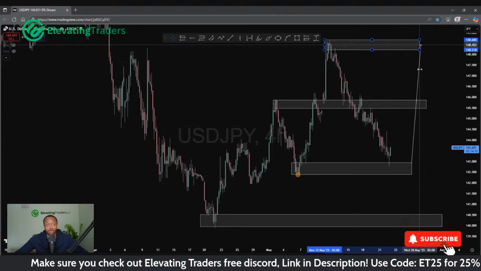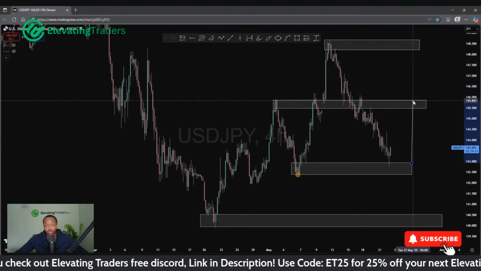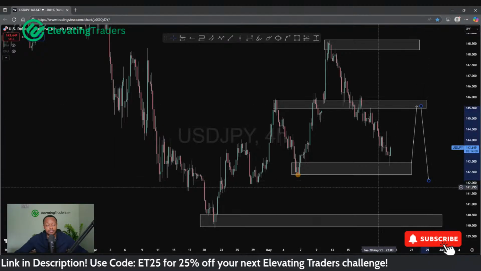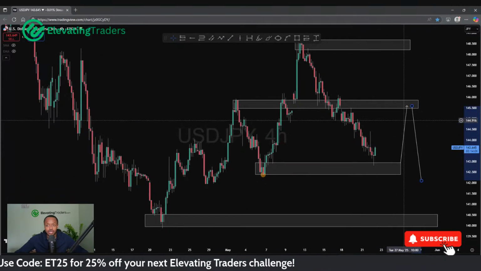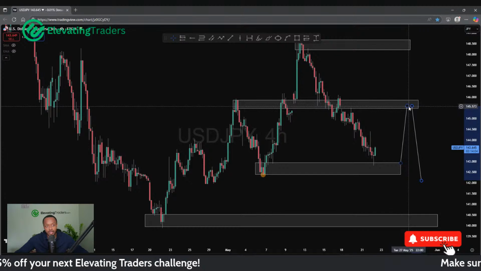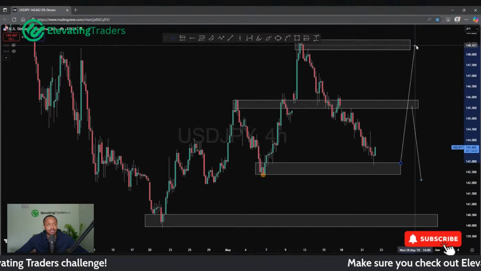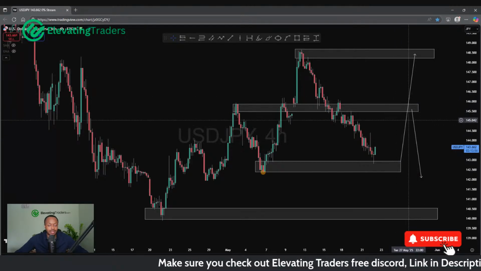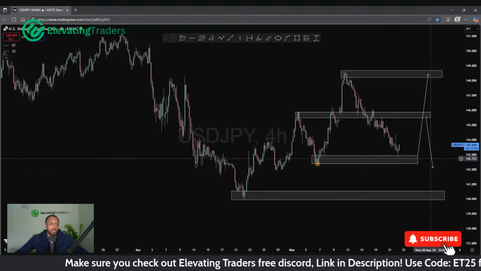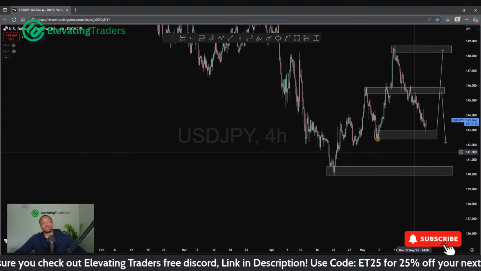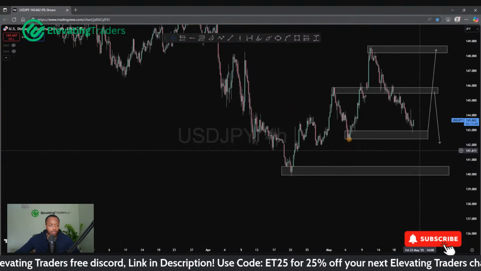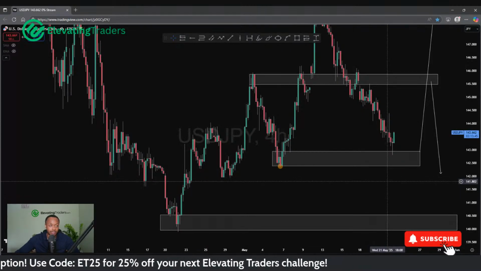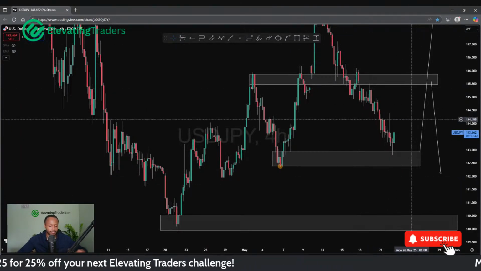And then, yeah, we'll go from there, because perhaps we do respect 145 and perhaps we do come back down. So I think that'll be a sensible place to lock in gains at least. Of course, maybe we do see the swing back to highs. If that's the case, again, I would still lock in gains there, but leave positions to run just in case we do push on. But yeah, for dollar yen, I think it's still in a smart place for a buy. I would say a strong reaction on the 4-hour chart justifies an entry, and some follow through.